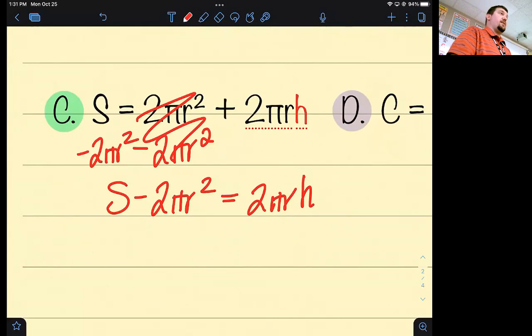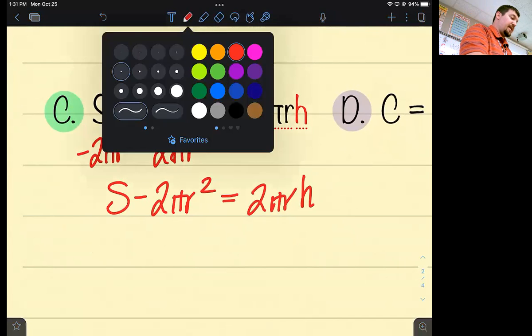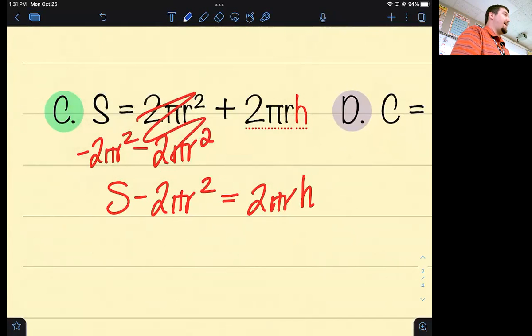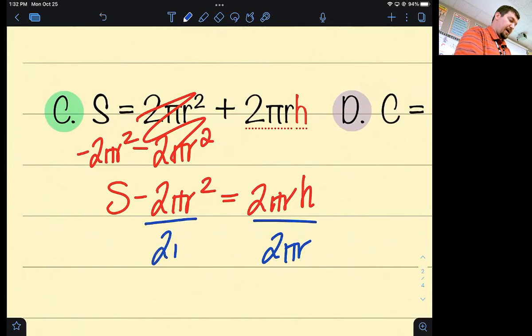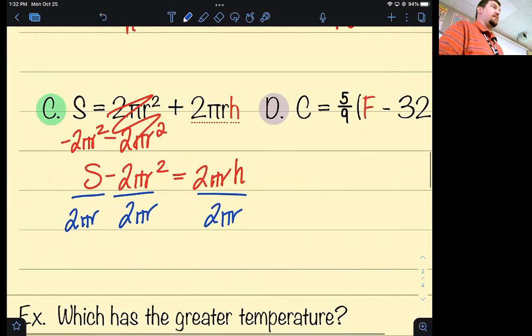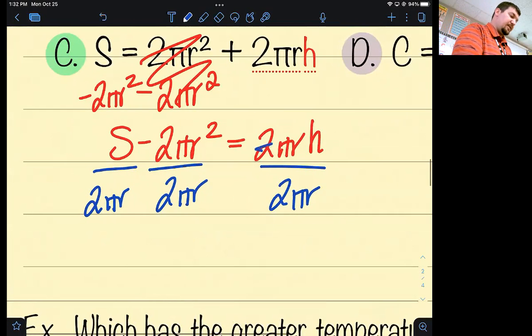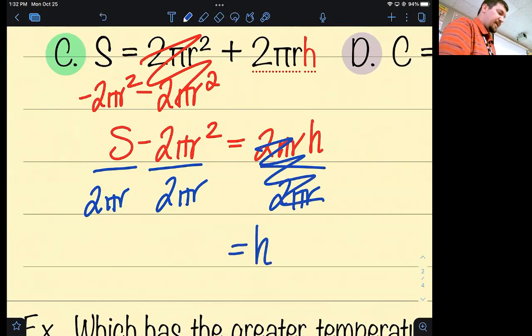I want to solve for H. So just like last time, I'm going to have to divide, but there's 3 numbers that I need to get rid of: the 2, the pi, and the R. So I'm going to divide by all of them. That means I'm going to divide each term by 2 pi R. When you divide both sides by a number, or in this case 2 pi R, you have to divide each term on both sides. So that's going to go away, leaving me with H equals S divided by 2 pi R